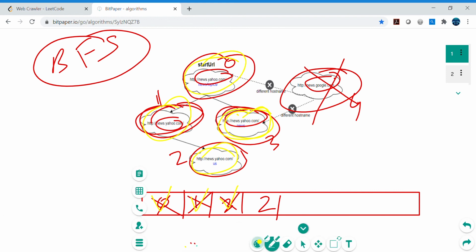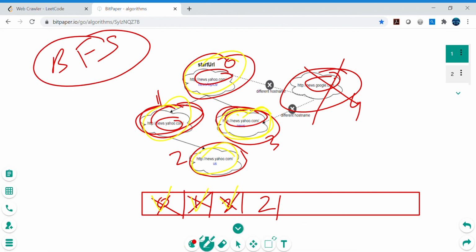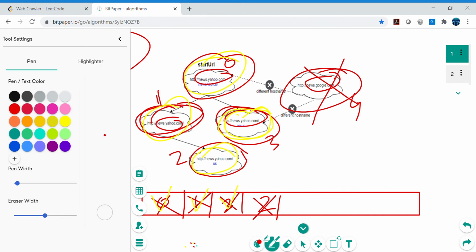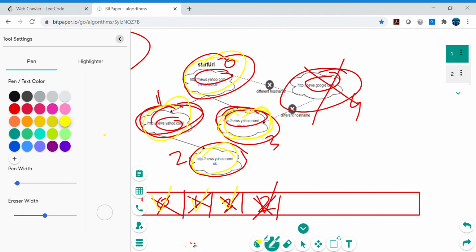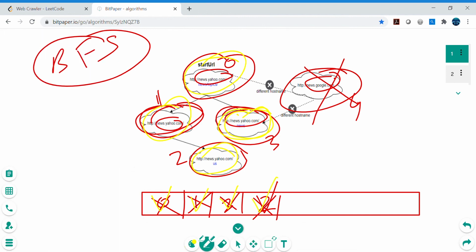Now what we will do, we will poll 2 from the queue, and 2 is this guy, right? And 2 also will not return anything. If we pass this URL to our API, it is not going to return anything, right? Because there are no other connected URLs. So that way, these yellow parts that we already visited here, right, that will be our output, right? So this is also visited here. We will take the yellow color. Okay, so these 4 URLs will be our output.